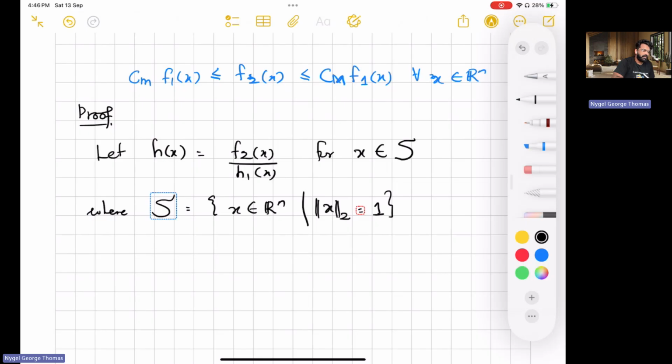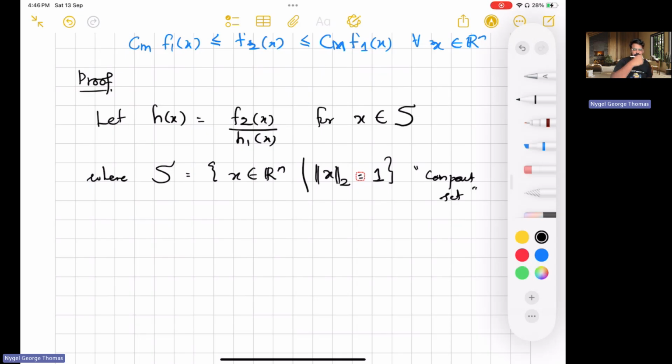It could be any norm. Such sets are known as compact sets. We can look at this as a locus of all the points which lie on the unit circle. Then there are a few results which follow from how we've already defined